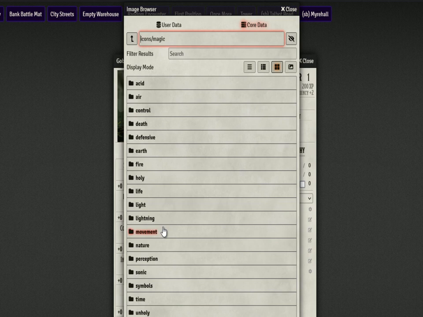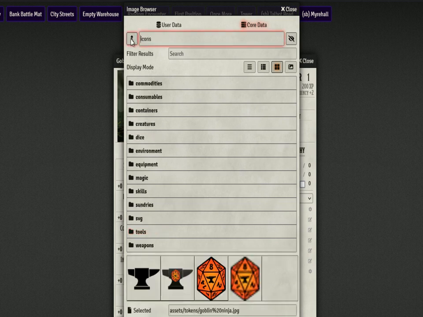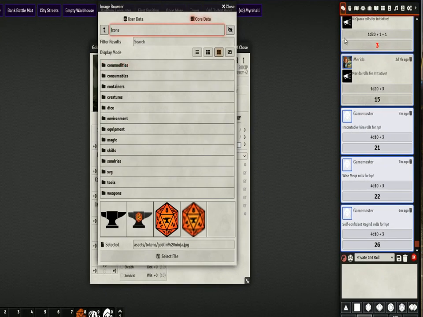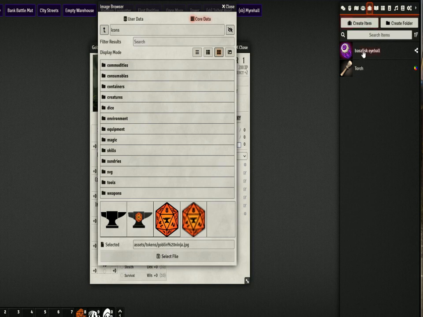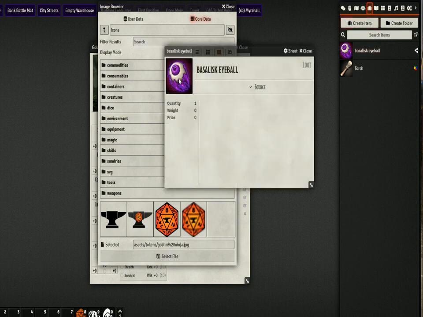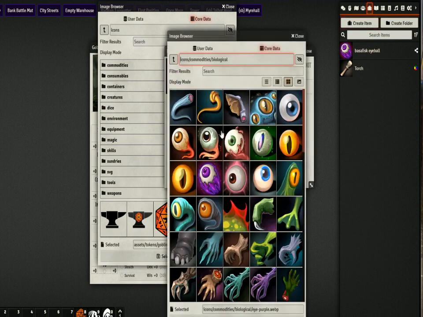Say our players kill a basilisk, and one of the players says, "Hey, I want to remove the basilisk eye," and they make a check, and you say, "Okay, you did that." So we're going to come over here under items, basilisk eyeball, and then